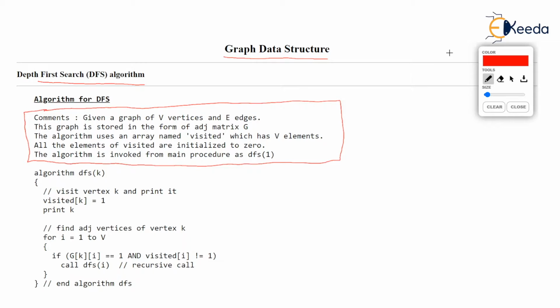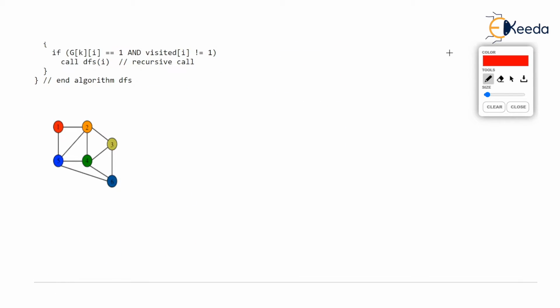So let's see what the comment is here. We say that we are given a graph. It can be any graph, directed or undirected. So in general, I have written we are given a graph of v vertices. Note that usually we say n elements, but in the literature of graph, we say the number of vertices is v, and e edges. As an example, there is a graph over here on which we are going to run the algorithm, and there are 6 vertices and some number of edges. I am not counting the edges, but e edges are there.